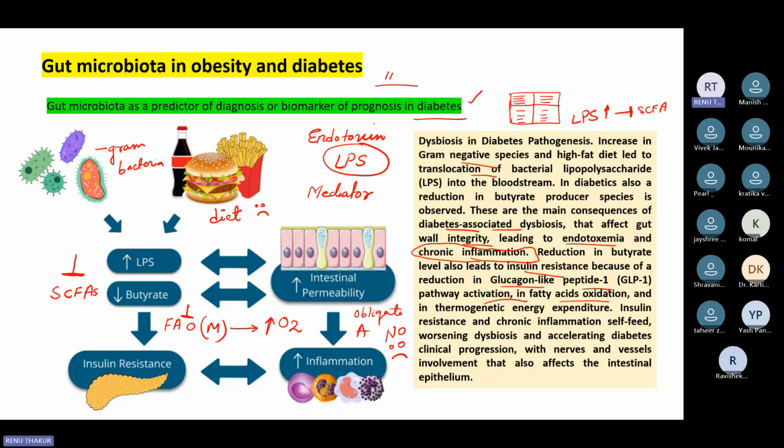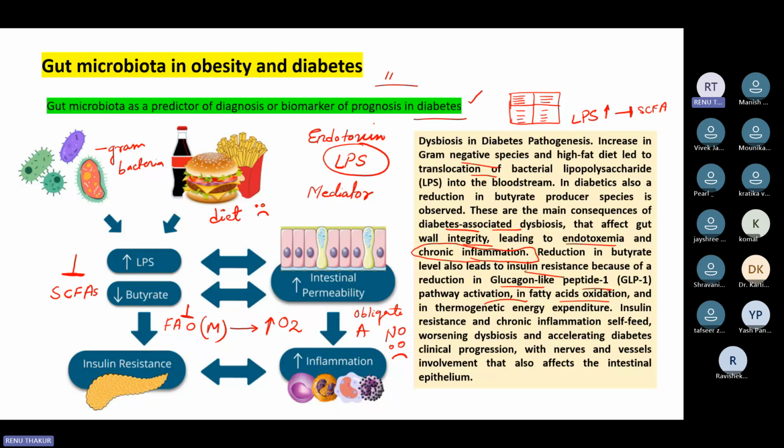Like if you want to relate this basic thing, this metabolic pathway, to gastrointestinal disease, then also it will go fine. You can relate this to obesity and diabetes. You can relate this even to neurological disorders, because this is the basic metabolic thing going on in our body. Whenever we are not producing the short chain fatty acids, our level of fatty acid oxidation will be low, and there will be an increase in the oxygen concentration in our gut. So it will increase the bad bacteria.